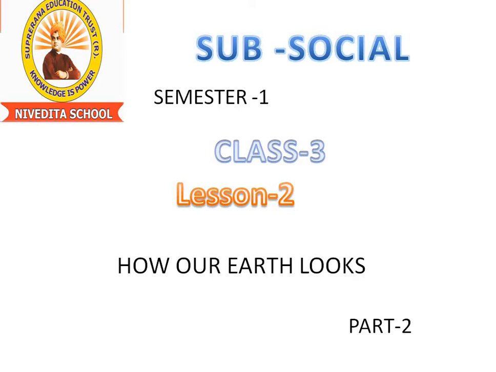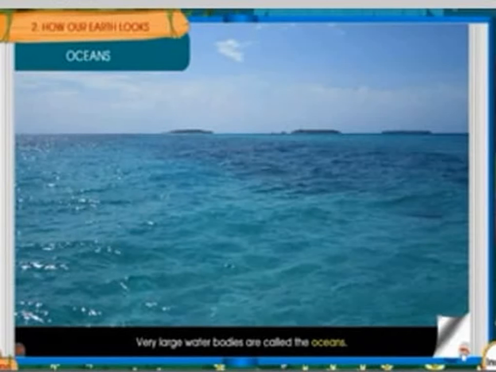Do you know, children? The art of making maps is called cartography. A person who makes a map is called a cartographer. Then what are the uses of maps? Yes, maps are very easy to carry from one place to another. First point. Second point, they provide us detailed information of even a particular area. Third, they are used by pilots, tourists, drivers, sailors and mountaineers.